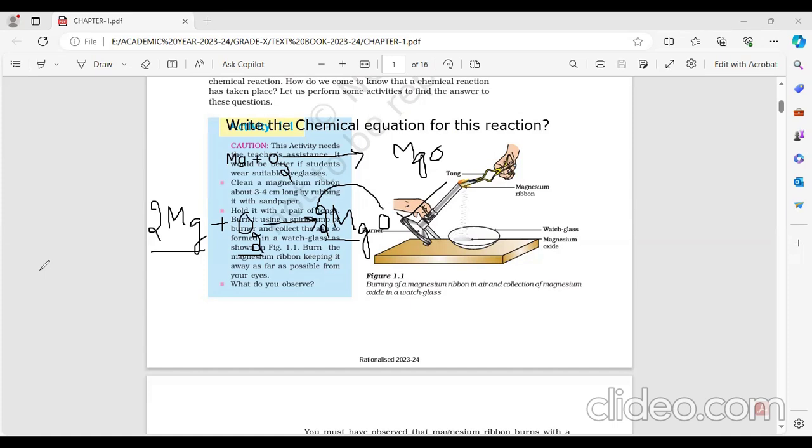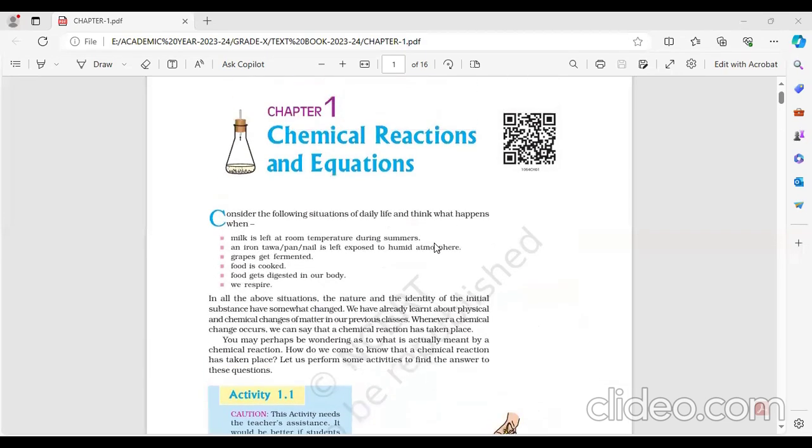This is just for a clear understanding of how we need to do our revision, how we need to do our practice for the exam, and how we have to study, in which way, what is the procedure to study and remember, because every sentence is very, very important for the CBSE board exam. So what we have studied in this: first we have understood the meaning of chemical reactions, and here